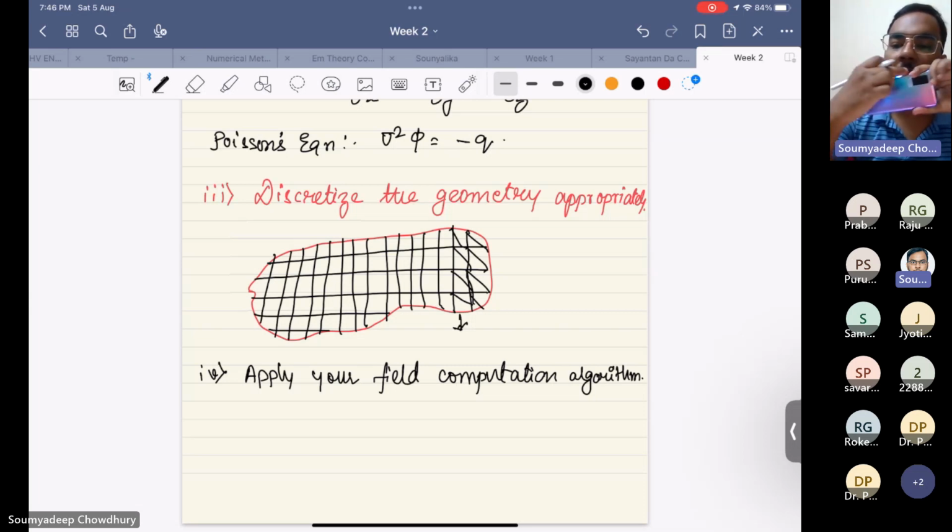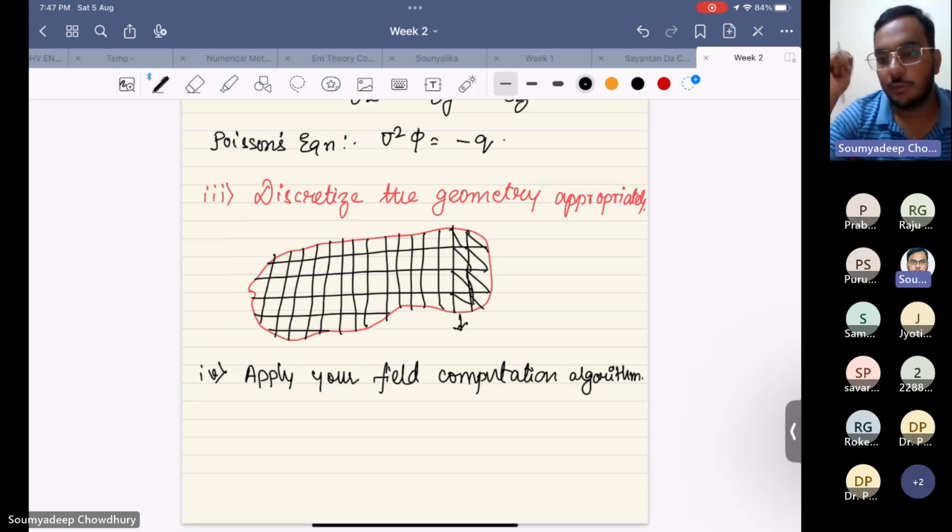And what is my boundary? My boundary is this one. These four sides are my boundary. And what is my domain? My domain is this one, the inside thing. So if we discretize the domain, then it is called the domain based method. And if we discretize only the boundary, it is called the